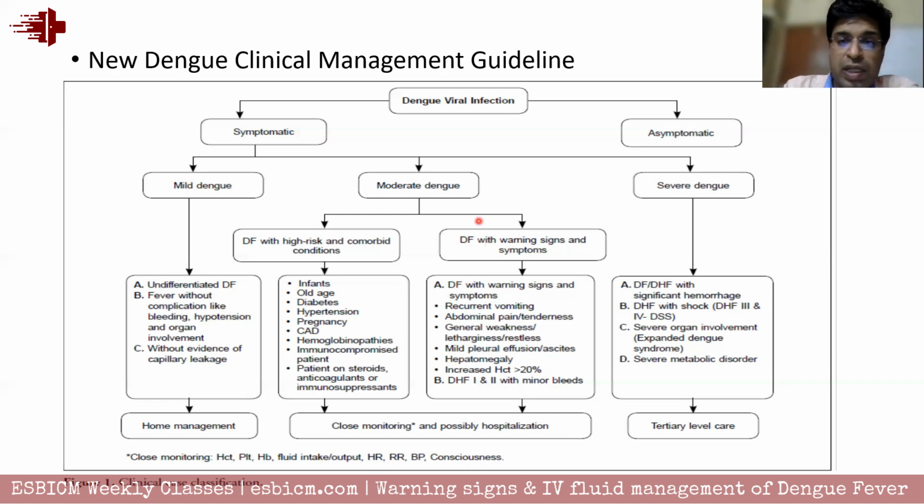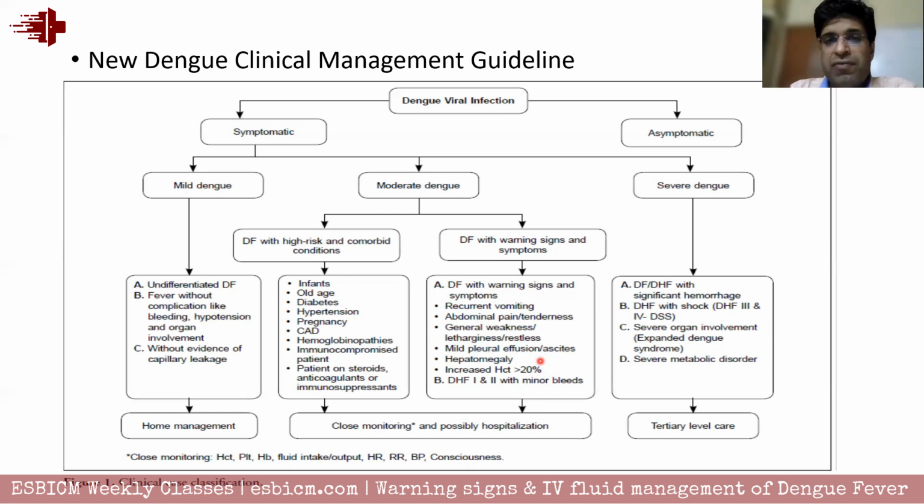Now, dengue fever with warning signs and symptoms, which we have already discussed: the patient has dengue but is not able to take orally, has recurrent vomiting, abdominal pain and tenderness, maybe because of developing ascites or liver failure, or the patient becomes lethargic, or is developing signs of leaky capillary syndrome like mild pleural effusion, ascites, hepatomegaly. If the patient becomes dehydrated with third space loss, the hematocrit value will go up. Ideally it is more than 20%, but it's very difficult to map the patients in which hematocrit is more than 20%.